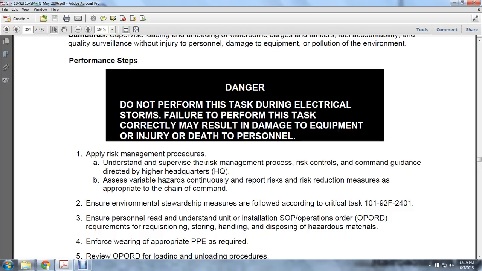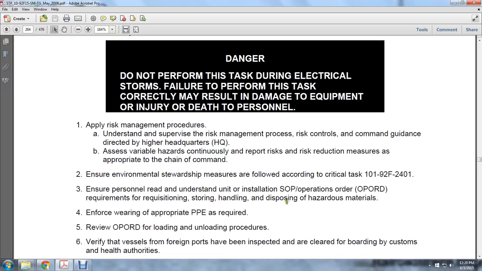To ensure environmental stewardship, follow the measures according to critical task 10192-F2401. Ensure personnel read and understand the standard operating orders and requirements for requisitioning, storing, handling, and disposing of hazardous material. Enforce wearing of the appropriate personal protective equipment required for the operation, and review the operation order for the loading